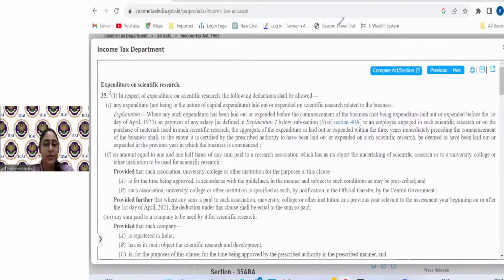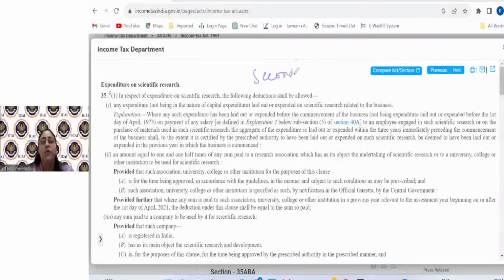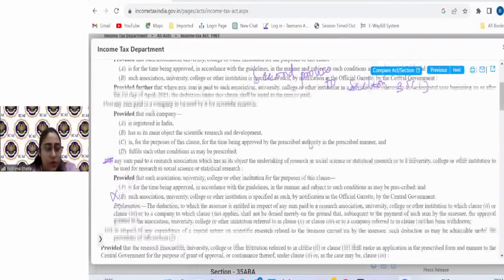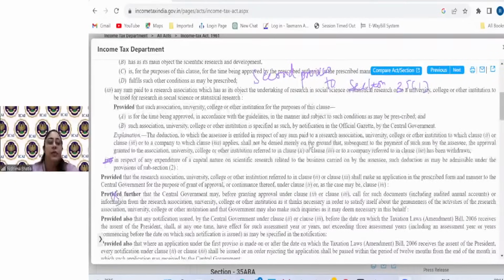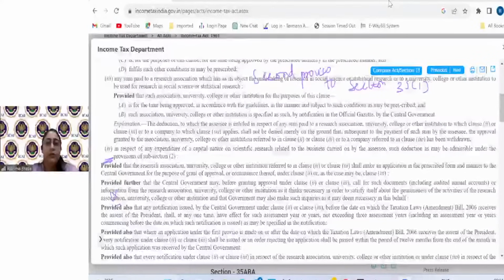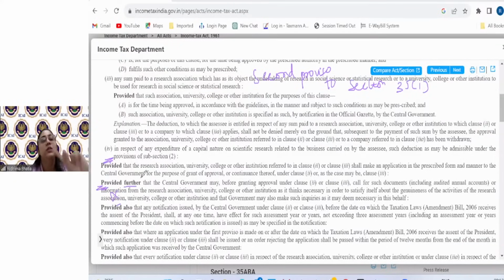So if now someone says refer to the second proviso to section 35(1), which proviso will you refer, guys? Refer to the second proviso to section 35(1). Is this the second proviso? No, this is the second proviso to the clause. So this is not my second proviso. Which is the second proviso? I will go down, down, down, and then I will check, okay, this is also a proviso to the clause. This is the second proviso, this is my second proviso which I have to refer to. Understood? So "provided further", this is the second proviso to subsection 1.